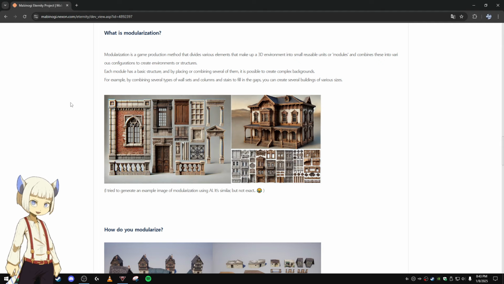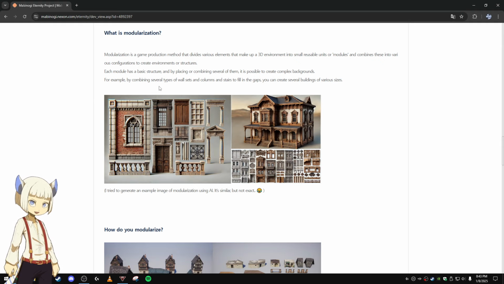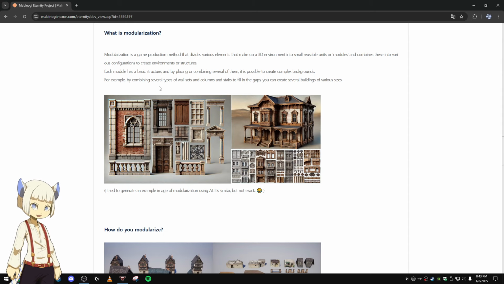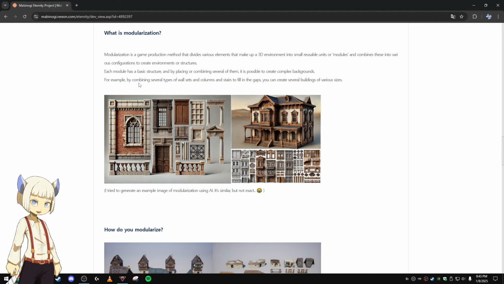What is modularization? Modularization is a game production method that divides various elements that make up a 3D environment into small reusable units, or modules, and combines these into various configurations to create environments or structures.